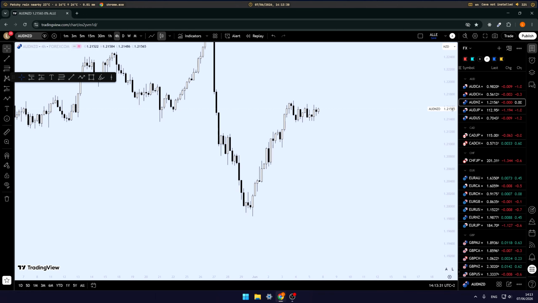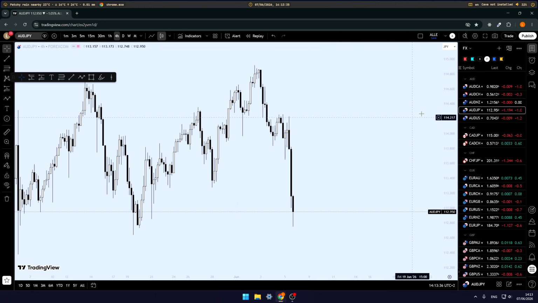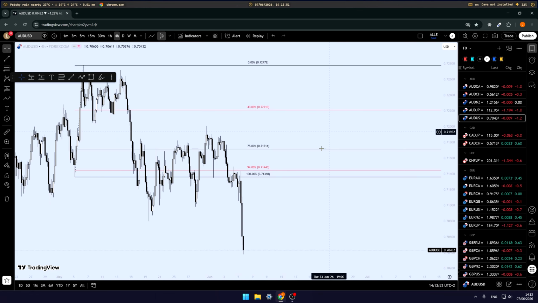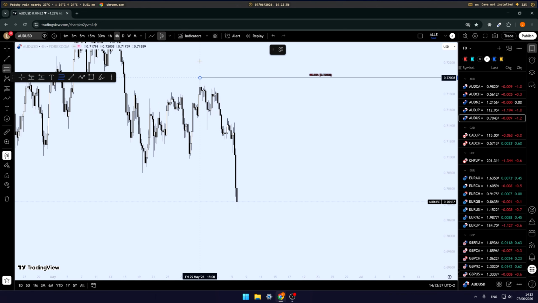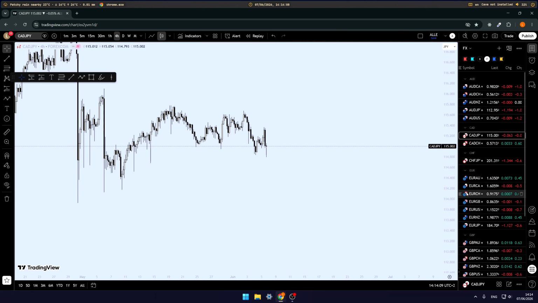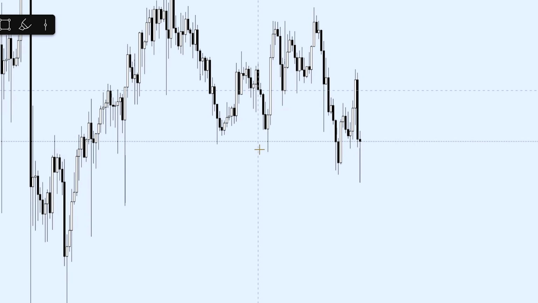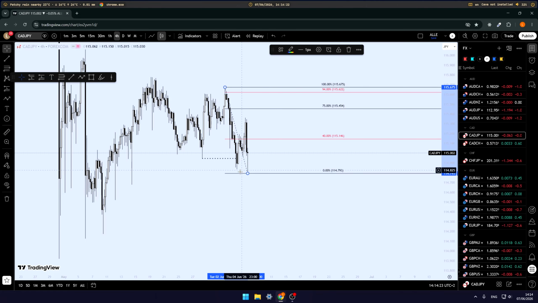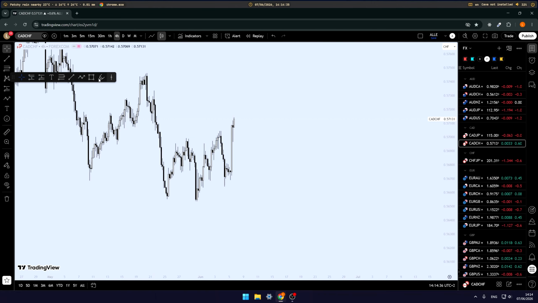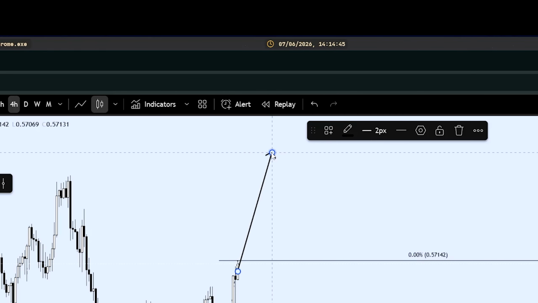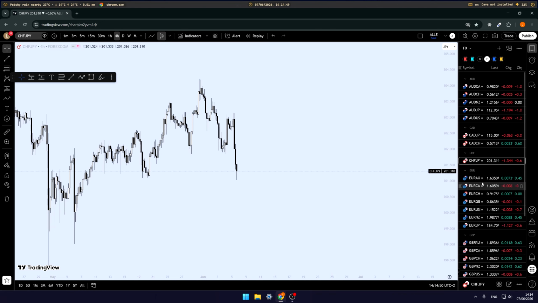Next one is AUD NZD. No, I don't see very much here. AUD JPY, like other CAD, so we will wait for a retracement in this area. AUD USD, same thing. We have our market manipulation like this. And we see that CAD JPY actually here. So we are in. I know that it already retraced, but not so much. So I will wait to see the retracement from there to here. CAD CHF, same thing. I don't really like to put a Fibonacci retracement here because it will continue to go up. But anyways, here the same thing, so nothing.